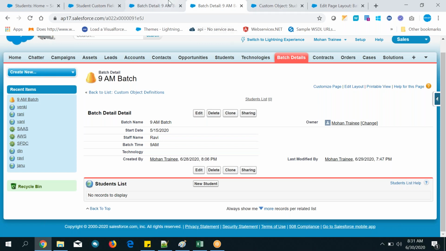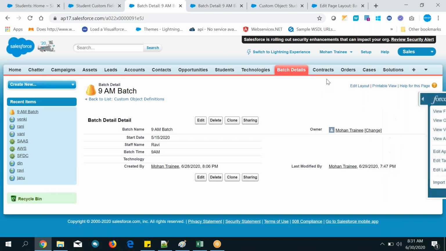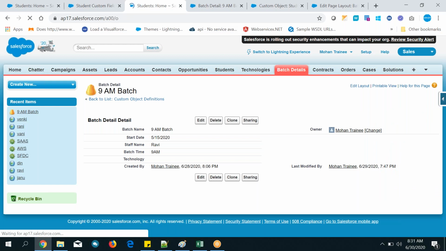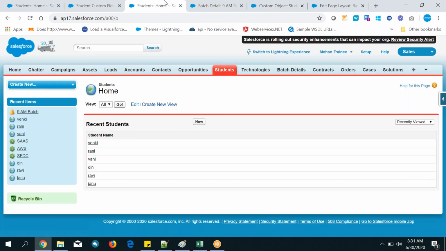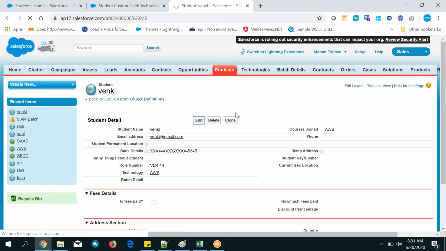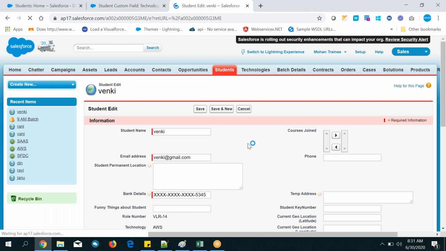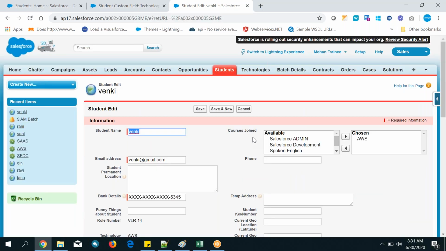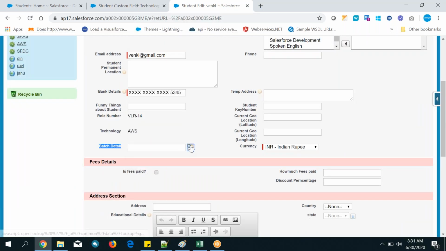Okay. So I have not added it. Now let's go to students. What I can do is edit each student. Where is the batch detail? Fill the details, batch detail, fill the details.